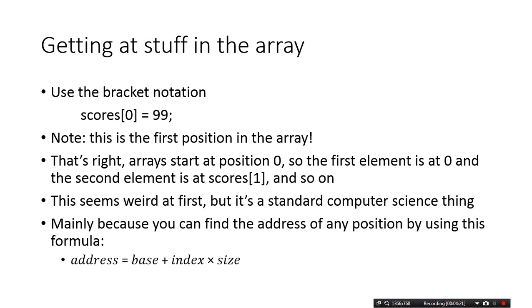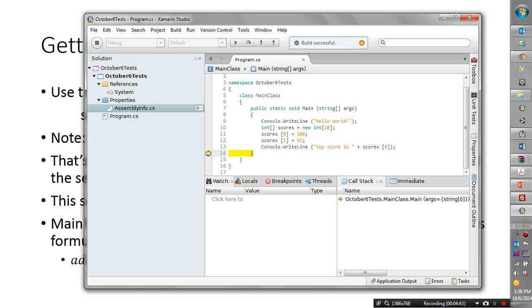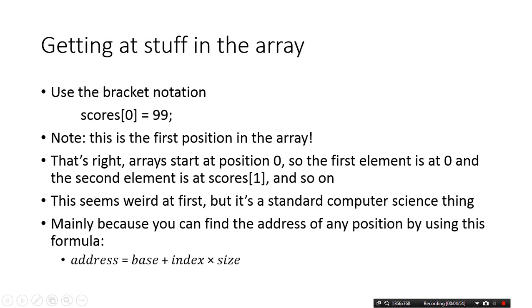When we're getting at stuff in an array, as I said, you can use bracket notation like scores of 0 equals 99. That shows the first position in the array. Keep in mind that array positions start at 0, so the first element is always at 0. The second element is always at scores of 1. In computer science, that's a standard way of doing it. So when you saw my Xamarin program, this 100 represents the first element in the list, and this represents the second element in the list. That's just a standard way of doing things. It's mainly because